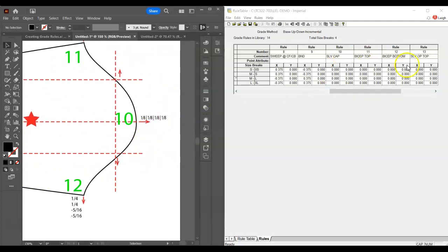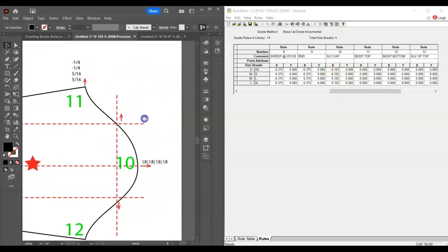So now if I move into my sleeve, my 10 rule is going to have negative eighth, negative eighth, positive eighth, positive eighth with no Y movements. My bicep top is going to have